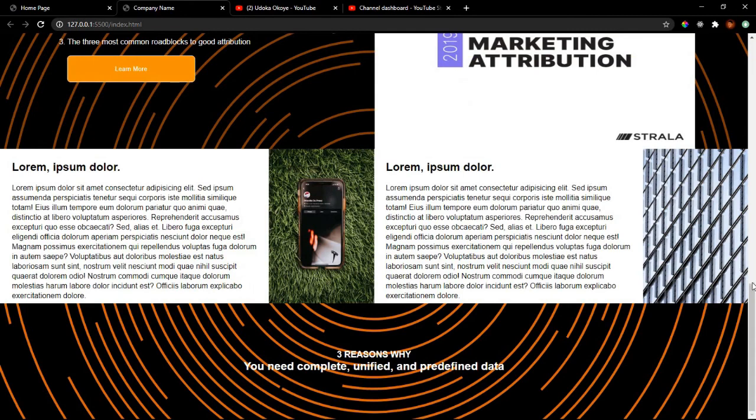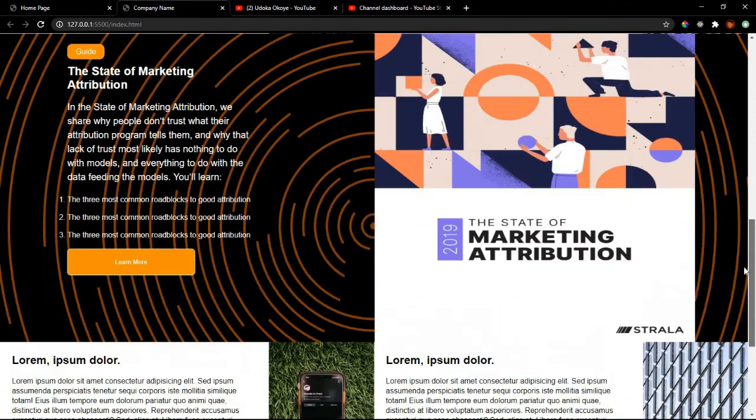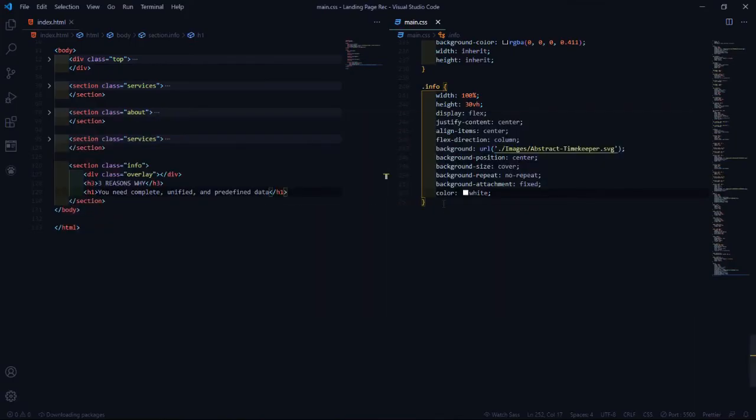So you can see that background. So what's just missing in this one here? The difference is just the overlay now. So let's fix the overlay. So let's do .info